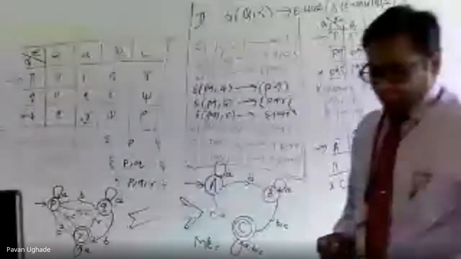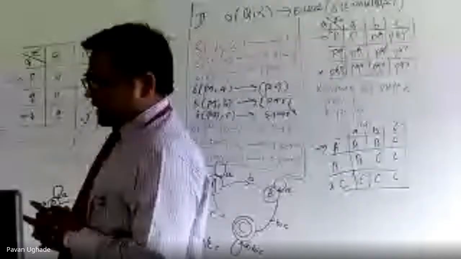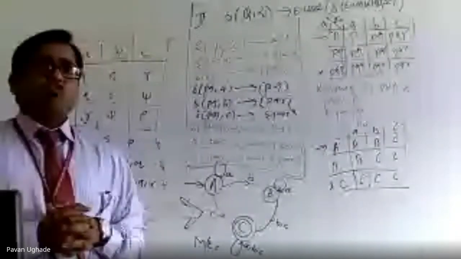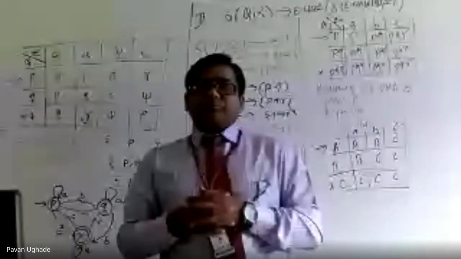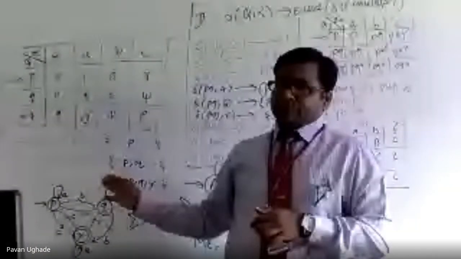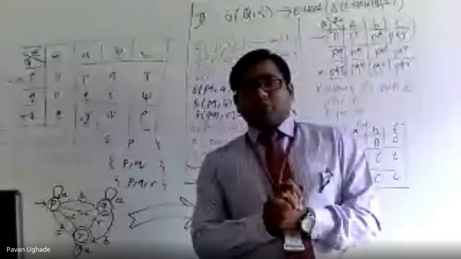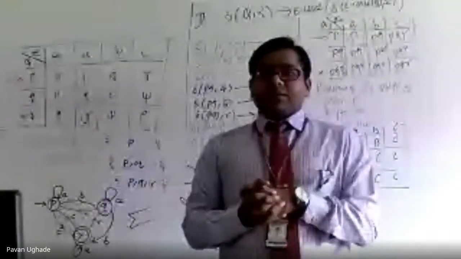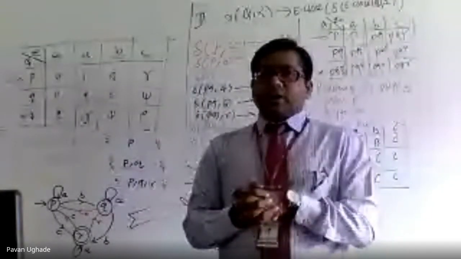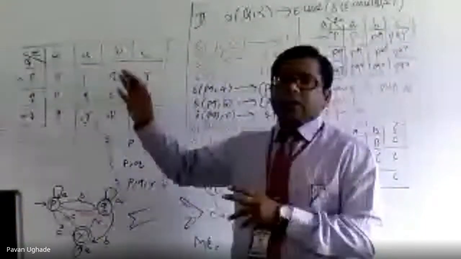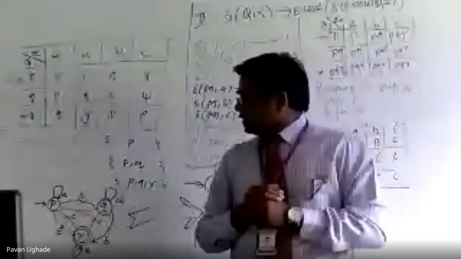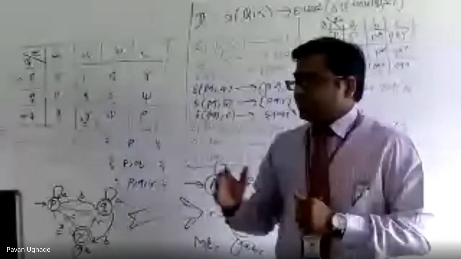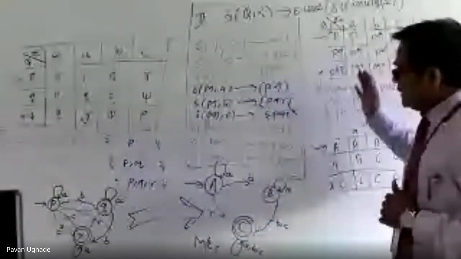This question is very important. I think around 2 to 4 times this question was asked for 6 to 8 marks in the examination. So it is better to proceed with all the things, and you will shortly be getting an assignment, and there will be 4 to 6 questions where you will be converting epsilon NFA to DFA. Okay, so that's it for this program.